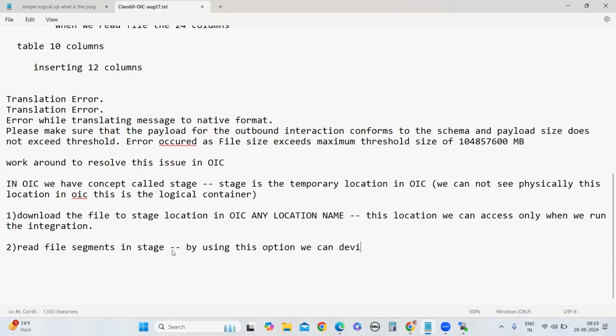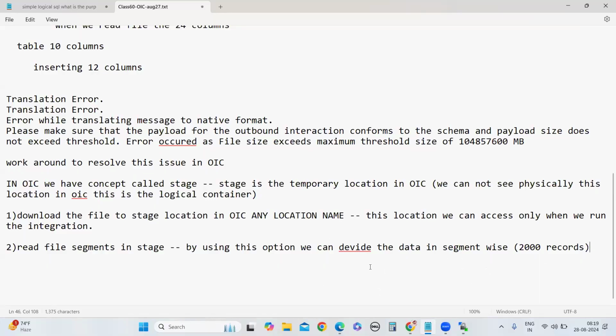By using this option, we can divide the data. That means every run it will handle 2000 records. So the limitation is that every run we have 2000 records that we can loop through.